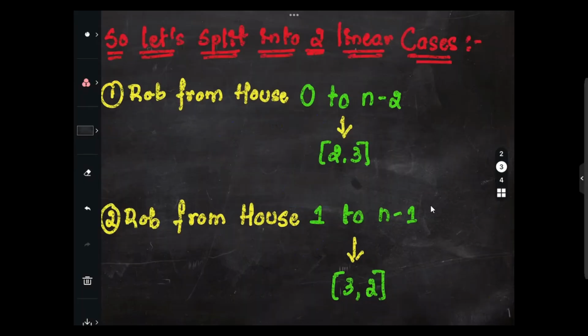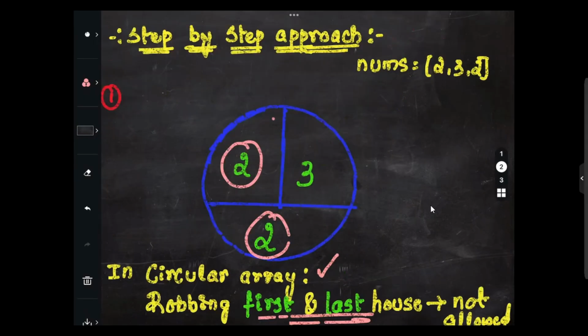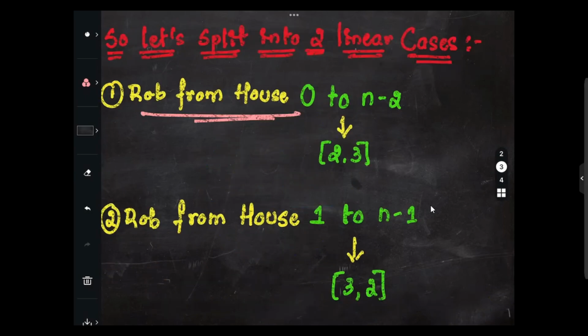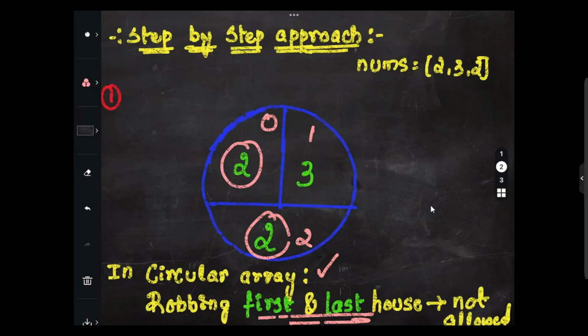So let's split this into two linear cases. The first is to rob from house 0. This is house 0, this is house 1, and this is house 2. So rob from house 0 to n minus 2. This one and this one we are speaking of, right? Rob from 0 to n minus 2 is